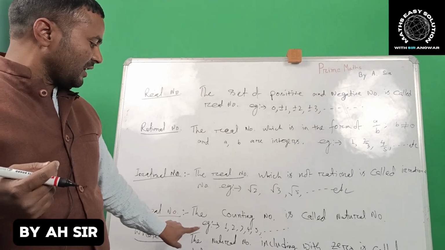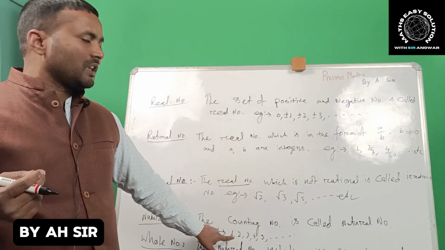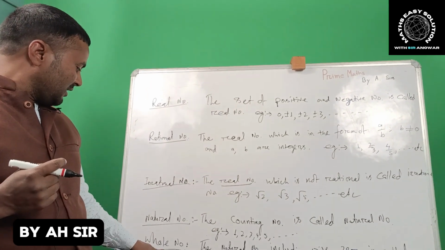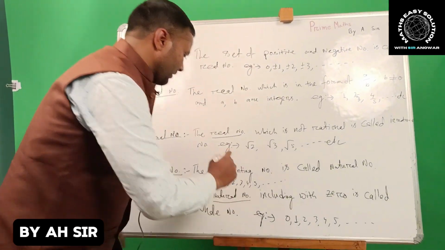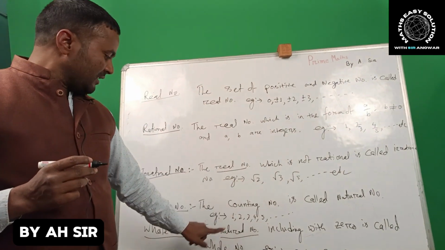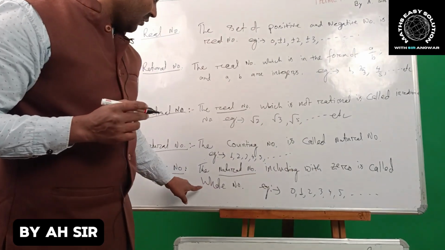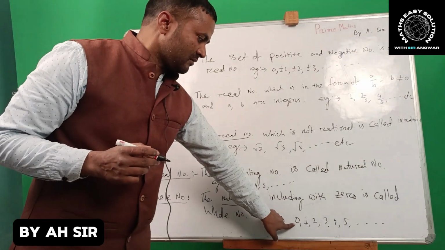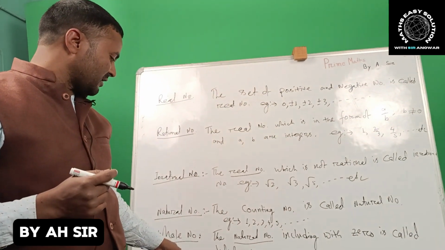And you have to remember this natural number very nicely, because from here you have to calculate most of the numbers for this chapter, as the chapter is called real numbers. So you see now, here, whole number. Here I have given natural numbers. Natural numbers mean all positive numbers, no negative numbers here. So natural numbers including 0 are called whole numbers. So these are natural numbers. Here we will add only 0. So this is called whole number. It means positive integers are called whole numbers. So after this,